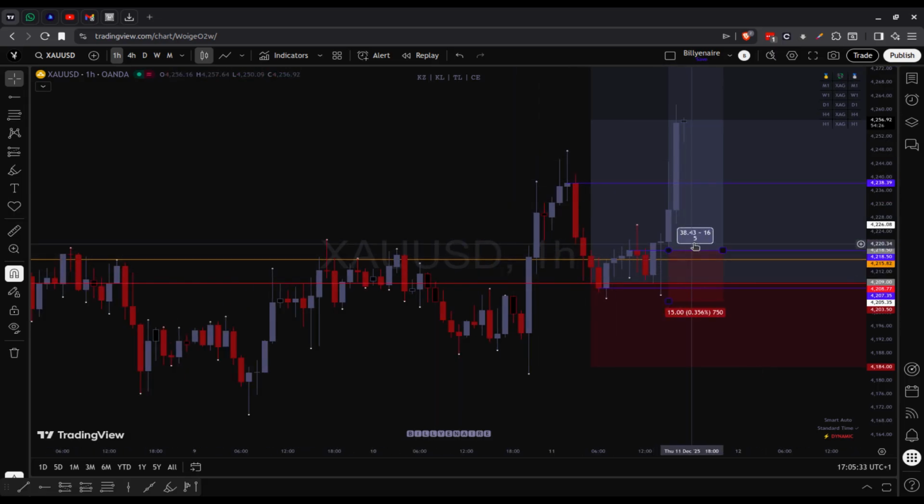Now, I did see this when it was happening. Why did I not enter, even though yesterday I said I will? Well, first of all, I wasn't too convinced. I wasn't too comfortable with this reversal structure, right? Yes, it provided a reversal structure, but it wasn't the way I wanted it. It didn't give me enough confidence. And two, because this price could easily come down deeper, dilly-dally within this entire range and still be valid, because